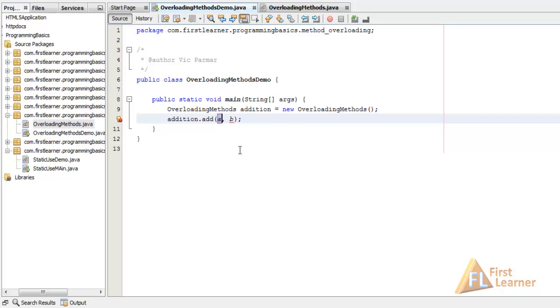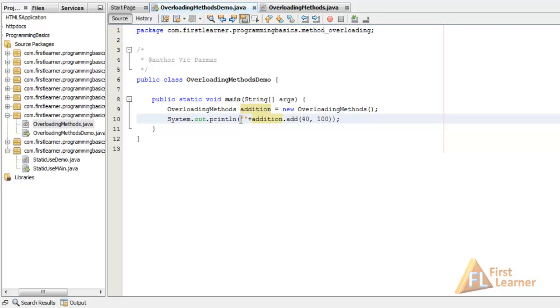Now let's provide the value for a. So let's give a 40 here, and in b let's give 100. So we should get 140 as a result. And because it is returning an int value, we can assign it to some int, or we can directly print the value that this function will return. So let's have an sout over here, and remove these, cut and paste it over here. Obviously this is not a string, we want the function to return a value over here. So we'll get the value and put